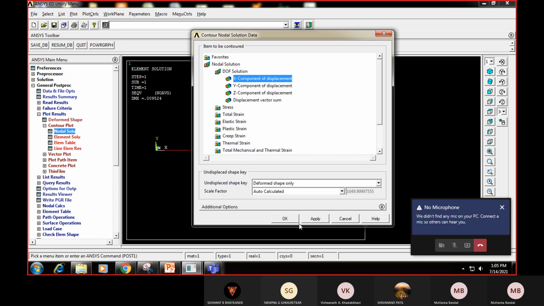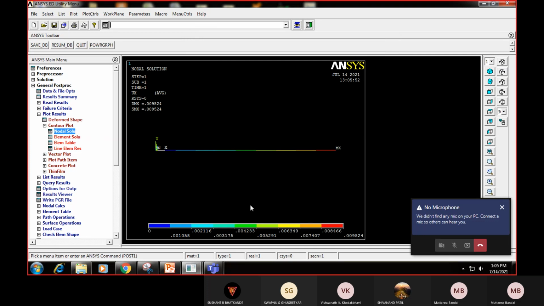Similarly, if you go to the nodal solution and click on this, you can see the deformation using this also. If you look at the left hand side, where it is showing the blue color, and you see the legend, we call this a legend bar. In the legend bar you can see that it is 0. Why? Because it is fixed. It looks like a cantilever beam, but of course it is not a cantilever beam because I'm not applying a transverse load. It is an axial load, but here it is fixed and will not allow it to move. So it is 0 here.